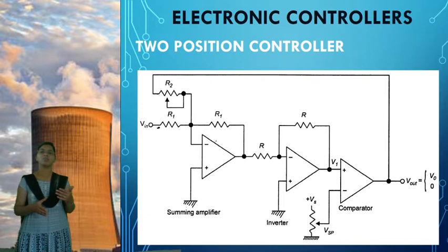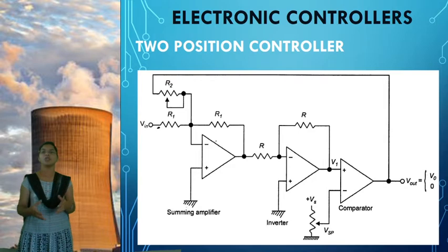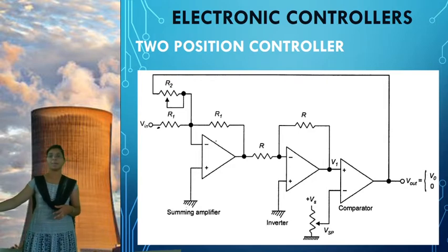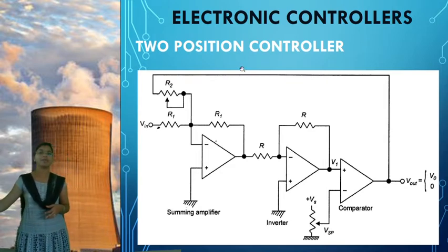If we want to perform the integral action or derivative action, we include the passive element, that is capacitance. If you are not performing any integral or capacitive action, we just use the resistive component with the operational amplifier. You already know the basic operation of a comparator using an operational amplifier. What is meant by comparator? A comparator compares two inputs.